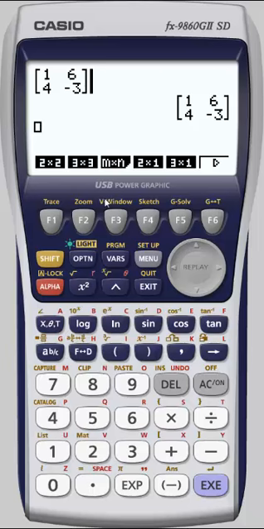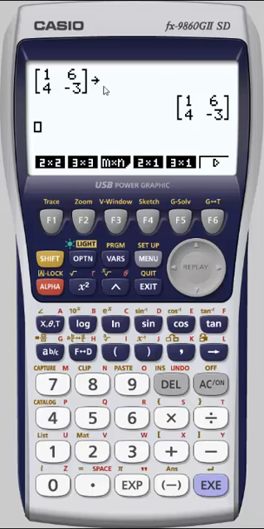What I like to do is store this into a variable, and this arrow right above the AC on key is a great way to store your values. You can normally store numbers into these letters like A, B, C. You'll notice they're in a dark orange or reddish color. You can store numbers in there, but you can't store matrices or lists into these letters. If you want to store a matrix or a list or even a vector, there's a bit of a technique you need to learn.